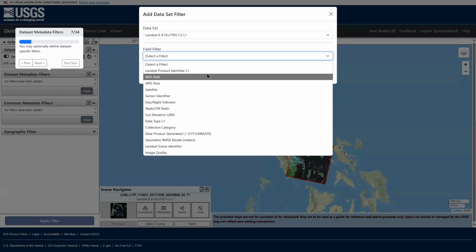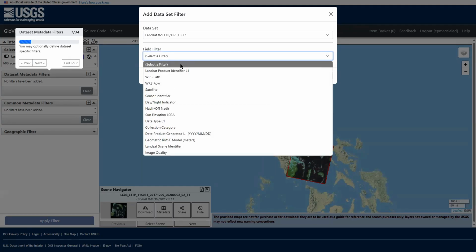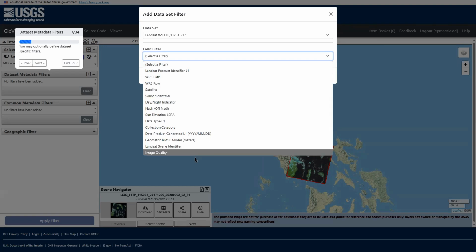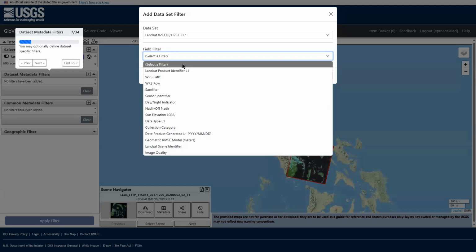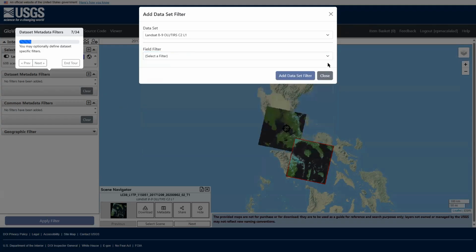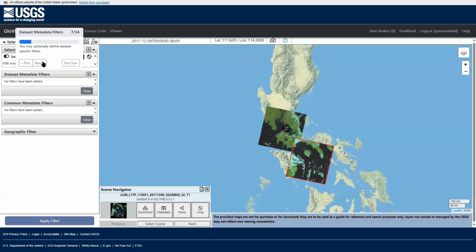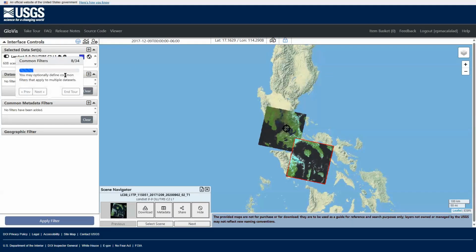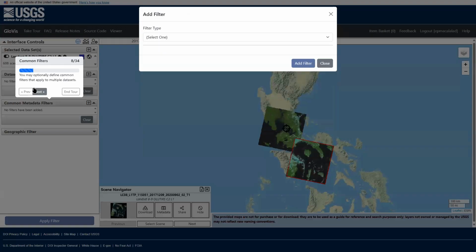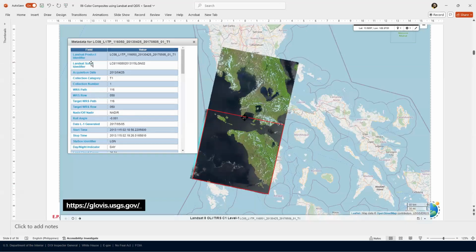Then you can add another filter depending on your application. Close. Next, you can add more filters defined by the data set. As you noticed earlier, you can see it here. You can filter it by these values.